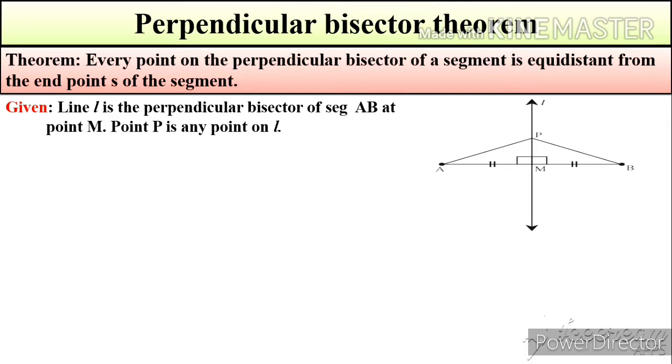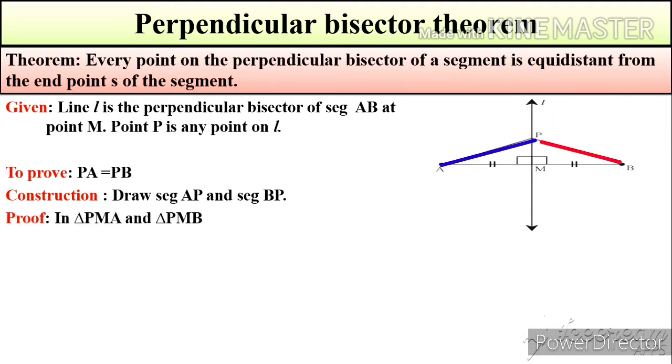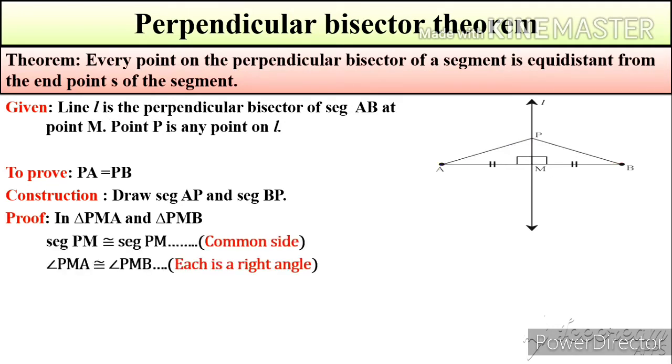Given information is line L is the perpendicular bisector of segment AB at point M. Point P is any point on L. Here we have to prove PA is equal to PB. So we will construct segment AP and segment BP. Proof: in triangle PMA and triangle PMB,